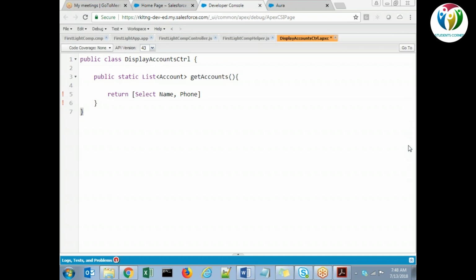And save it. This is just like your classic version. As you write the method in classic, to make it Lightning enabled, we need to put one annotation.